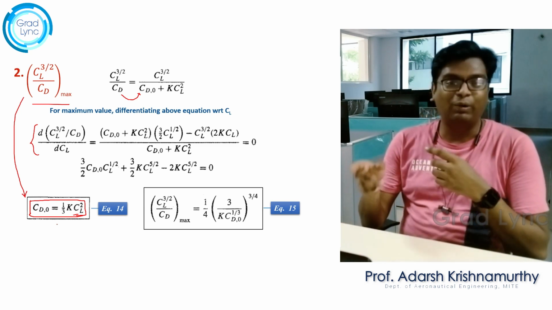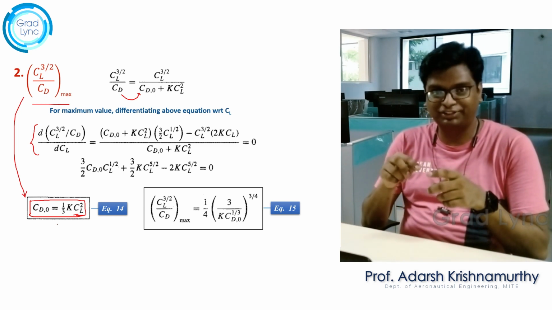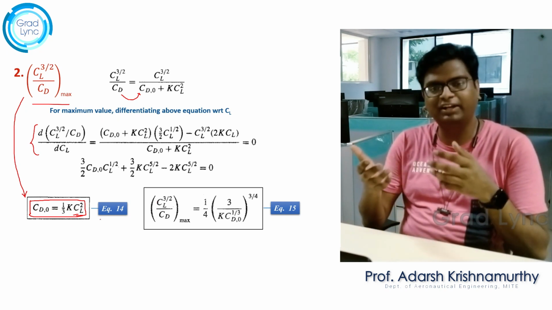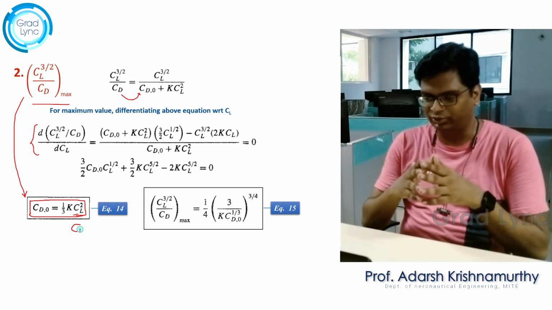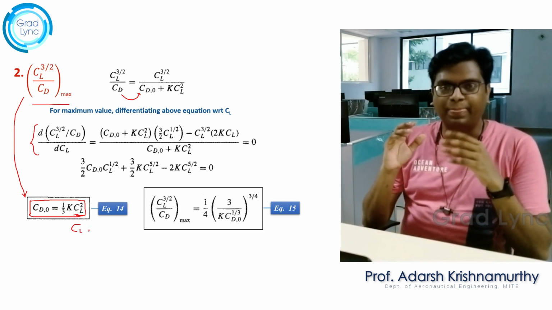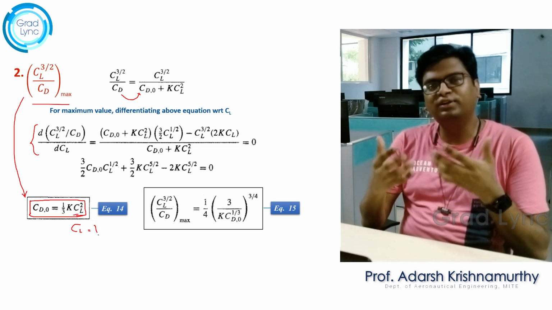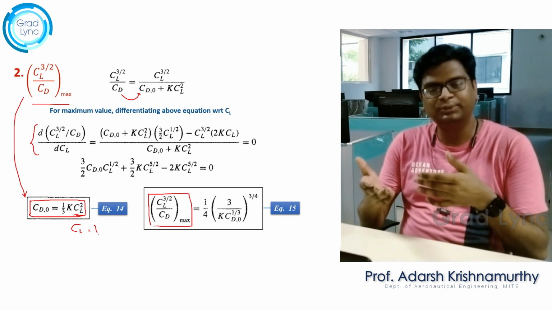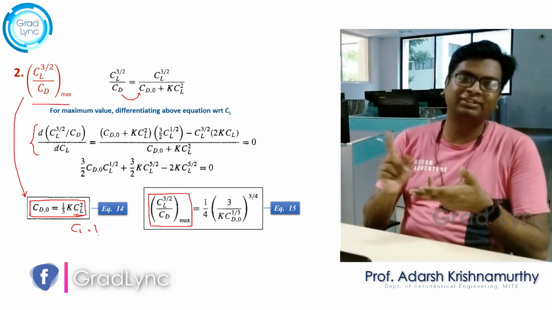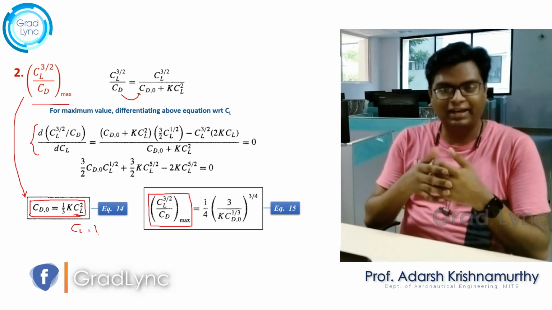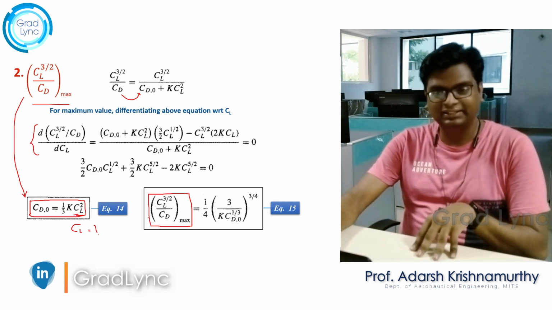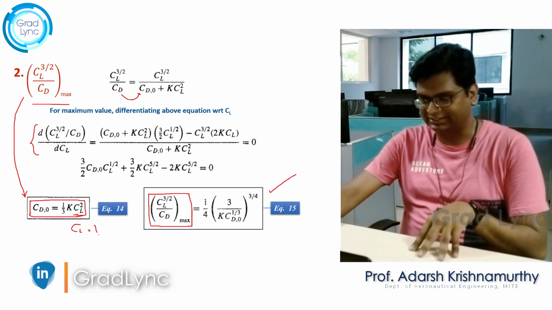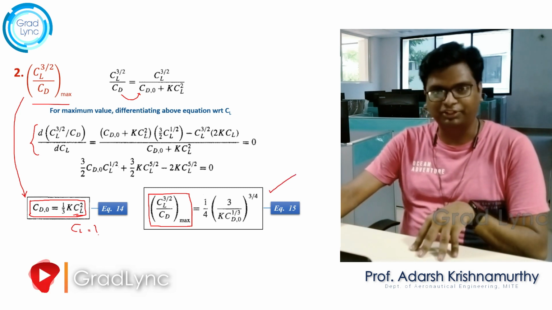Now next question is, what is the value of coefficient of lift for this condition? So I simplified equation 14 for coefficient of lift, and I get the value of coefficient of lift. Next, what is the value of this ratio itself? Same analysis: I substitute the condition, as well as the value of coefficient of lift, in the above expression to get the value of CL power 3 by 2 by CD max, and I call it equation number 15.